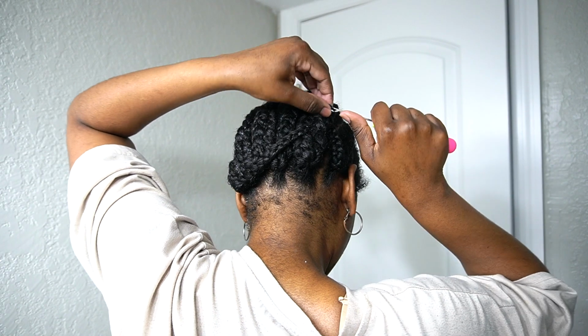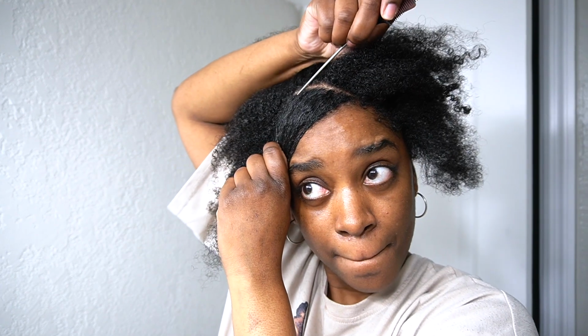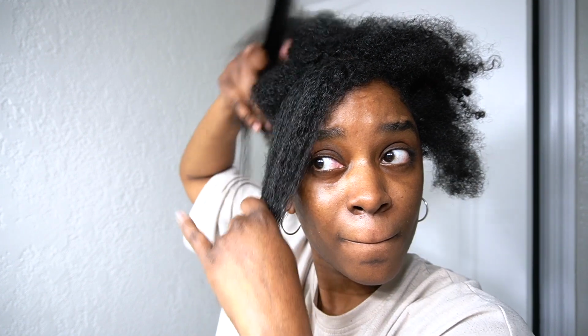I do highly recommend laying out your clip-ins and playing with the width of each to fit your head shape before you start applying them to your hair, and you might need to use less or more than me, who knows. Now I'm going to braid the front, and the front felt somewhat challenging, but I figured out a simpler